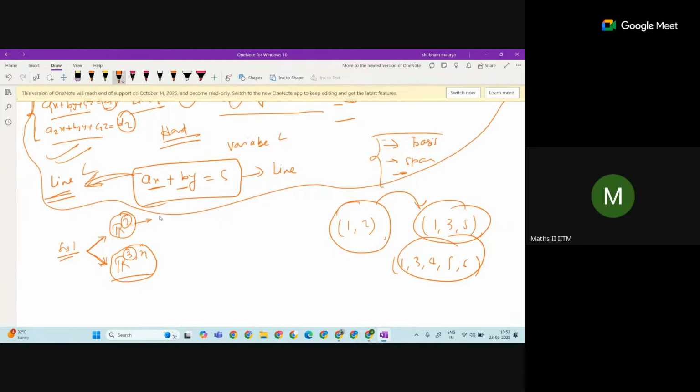So in R2 we will study linear combination, span, basis, linear transformation, matrix representation of this linear transformation,